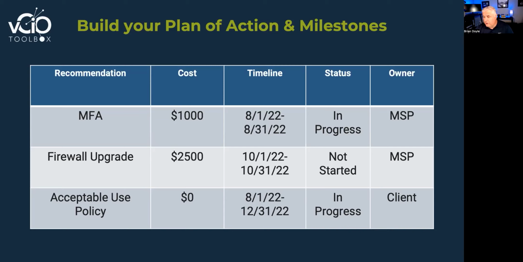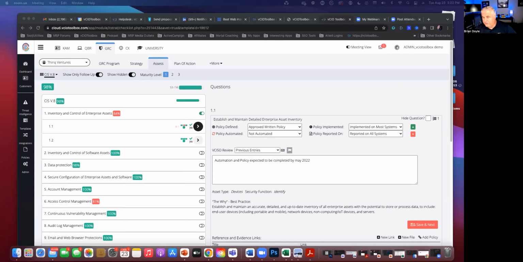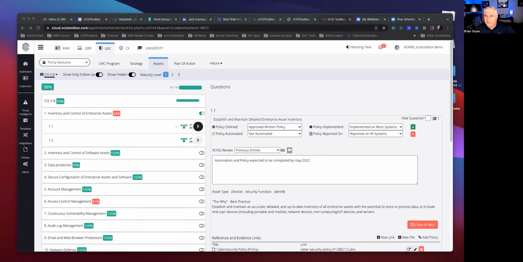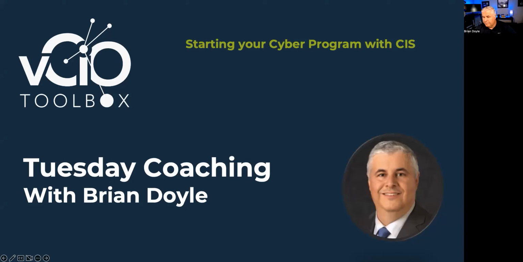So, before we go into the tool and look a little bit at what CIS looks like in BCIO Toolbox, for those that have not seen that yet, I do want to jump into, as it relates to, where does the opportunity sit for the MSP. And one of the nice things about building a compliance as a service program is,